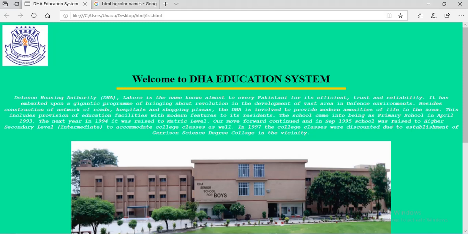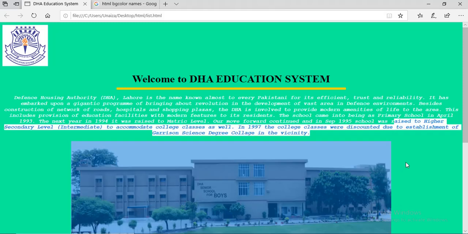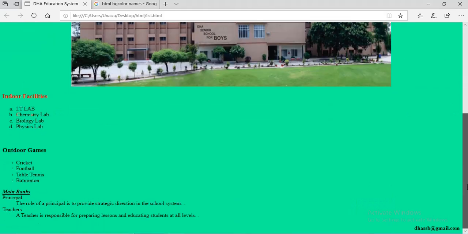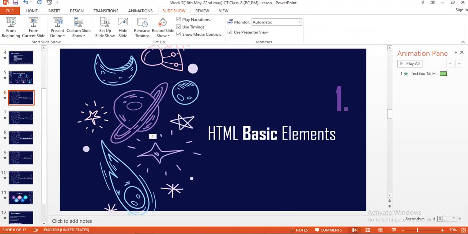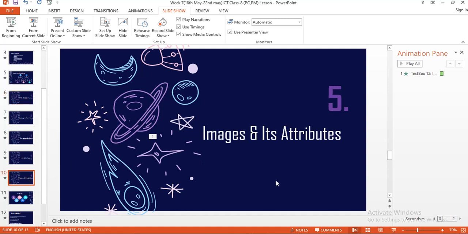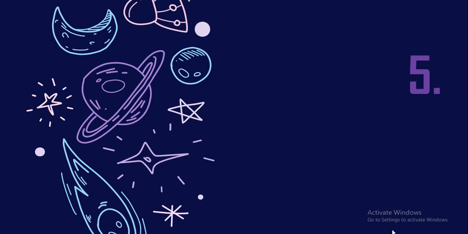By using very simple tags, I have designed this web page. So my dear students, you can also use these simple tags, and you can also design a very good, very interactive website using the HTML web language.